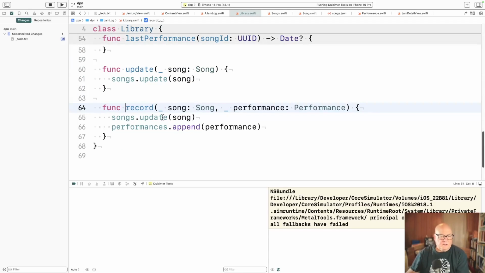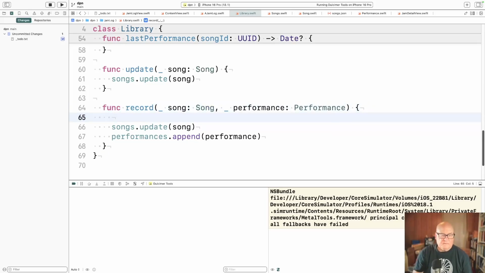Songs.updateSong. Can I say song.performances.append(performance)?